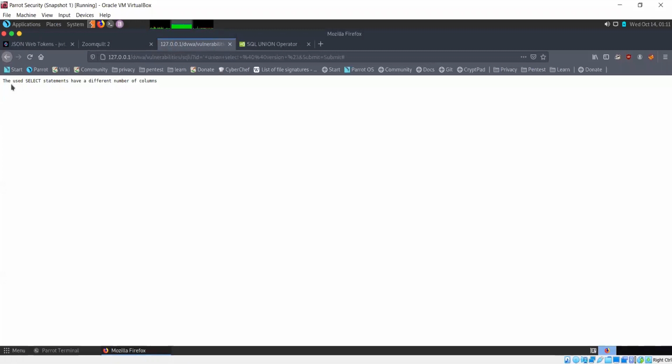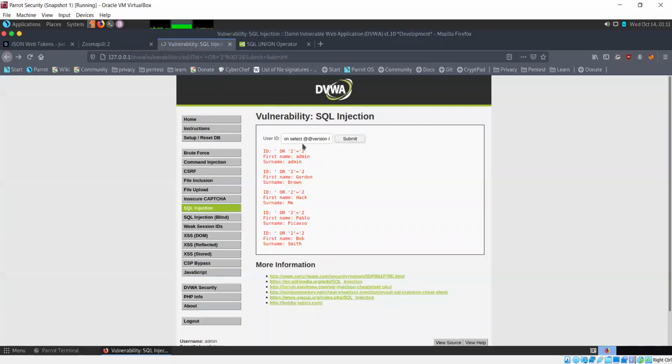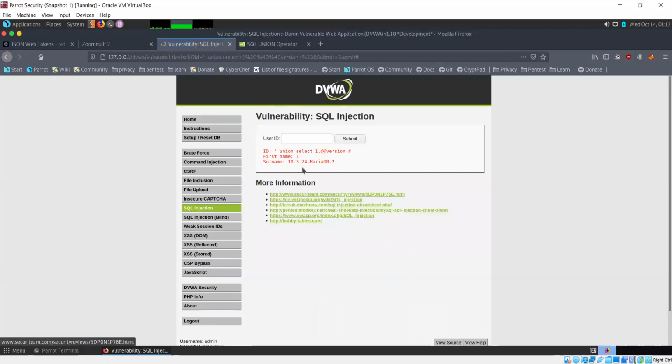But now we are getting an error that the select statements have a different number of columns. This statement probably has two columns, but we have specified only one value. So let's change that. Now I can specify one comma @@version. The first column will show the one, and the second will have the database version.